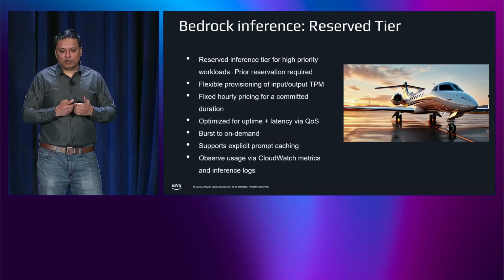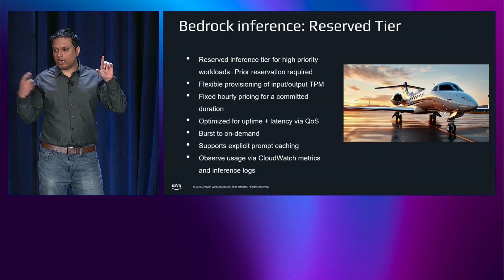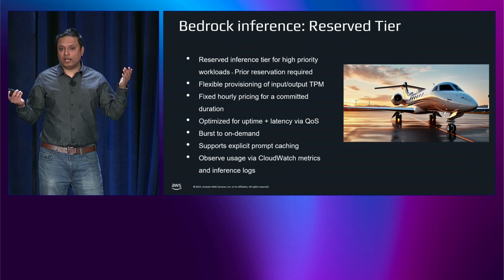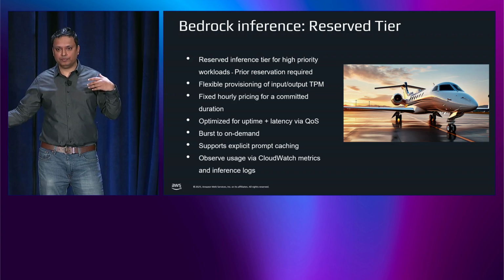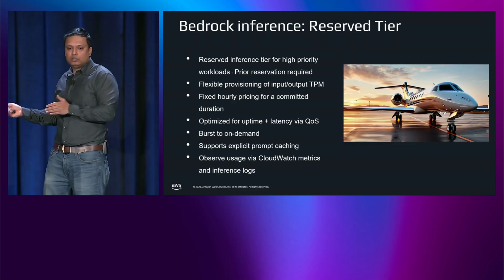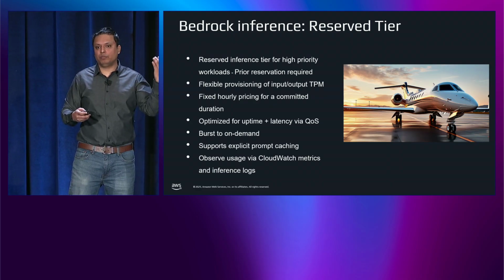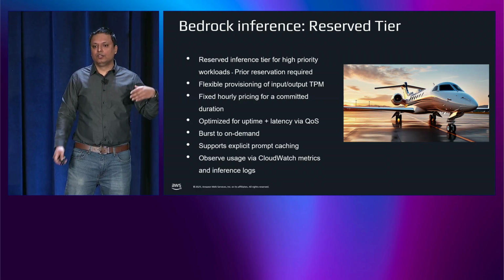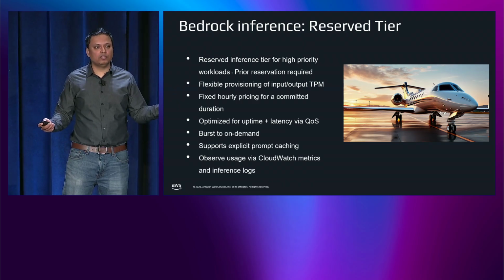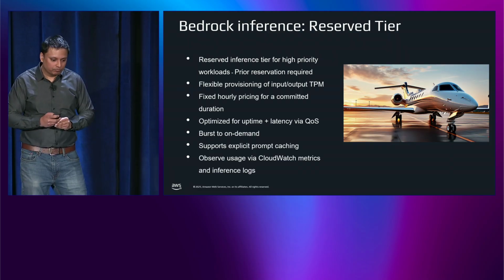Let's say you are sending 1 million tokens per minute, and your cache hit rate is 90%. For those 900K tokens that are being read from the cache, we will apply a burn down factor of 0.1. So those will count as 90K tokens, not 900K tokens. So when you're reserving capacity, you don't have to reserve for 1 million input tokens. You can reserve for the 100K input tokens and the 90K that, after burn down, will effectively be 90K. So maybe around 200K, that reservation should suffice for your 1 million tokens per minute. So that's how you get the benefits of prompt caching in the reserved tier.